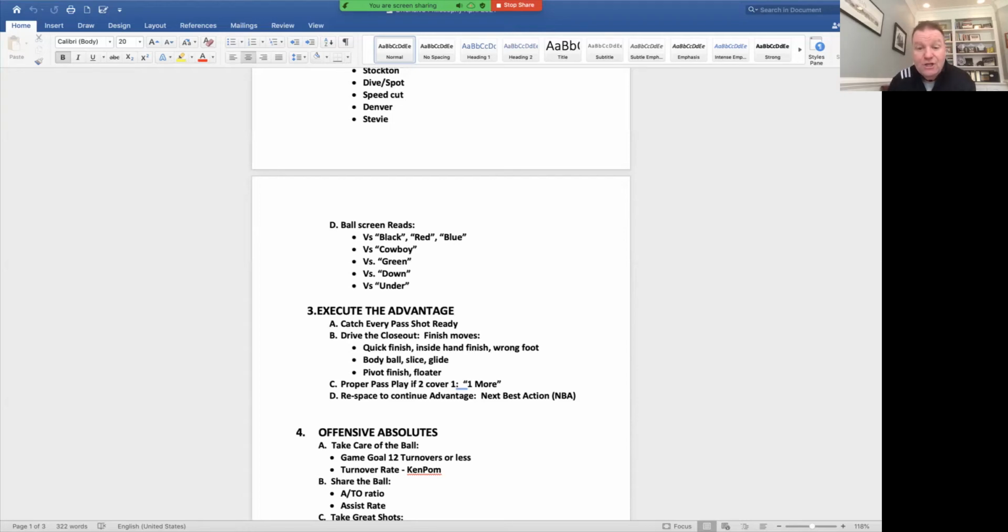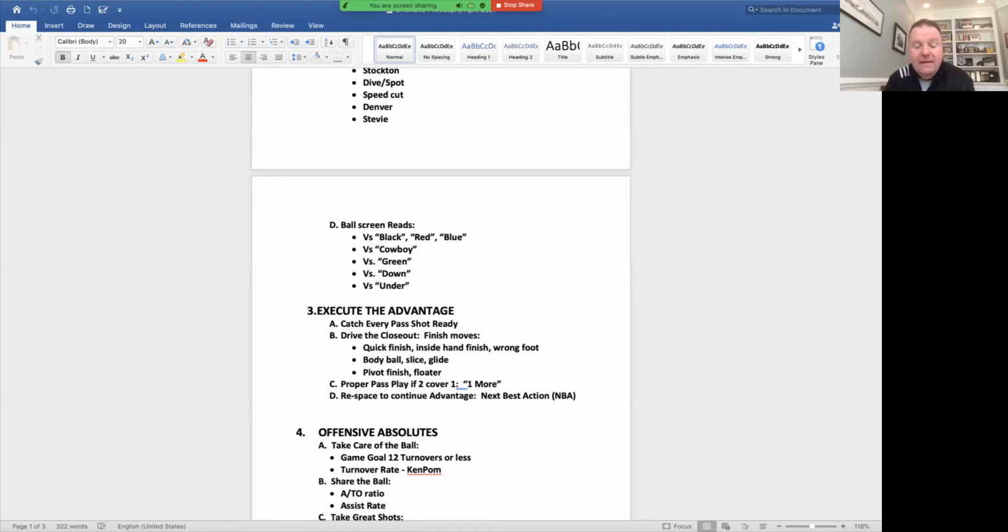A quick finish, maybe I'm driving to the right and a quick finish before the defender can go block it, an inside hand finish, a wrong foot finish, just trying to outsmart the defender, if you will,